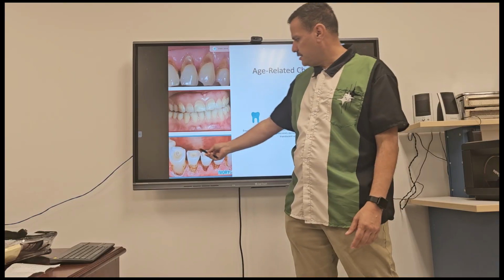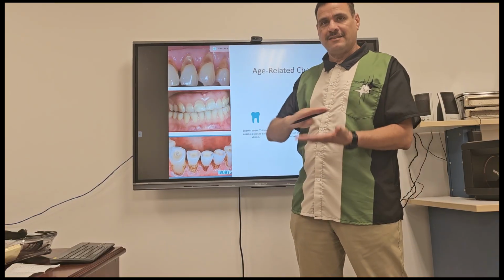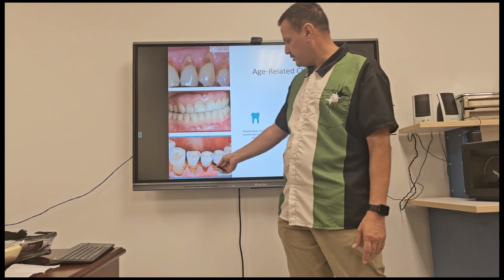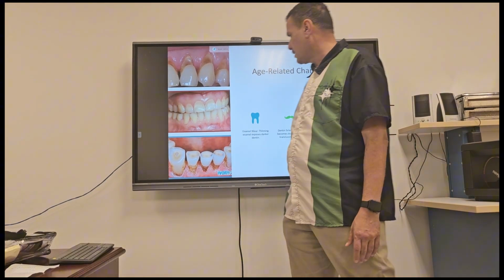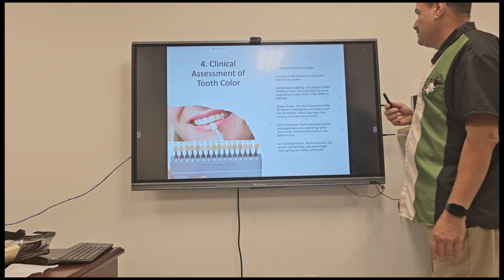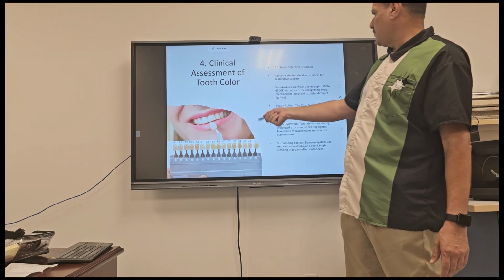And attrition. With age, we have attrition. Teeth get smaller, especially if you clench. And also, this is gum recession and discoloration. That's age-related. The shade selection mostly with this is we use VITA,